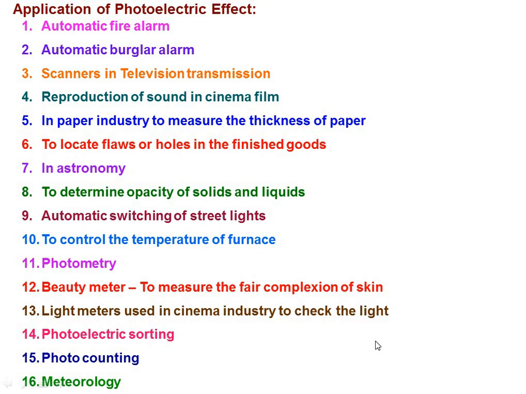And photo counter devices are used whenever we have a rush, for example in temples. If you want to count how many persons have visited the temple today, photoelectric devices will be used for counting. It's just like the burglar alarm, but instead of an alarm, it is connected to a counter device. Whenever a person crosses the incident radiation, the circuit breaks. How many times the circuit has been broken, how many interruptions there are, will be counted and given to the counter circuit.